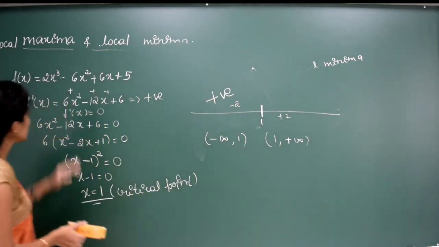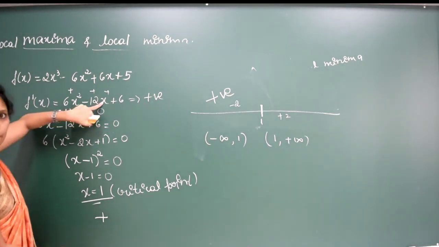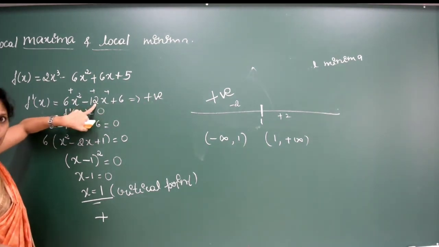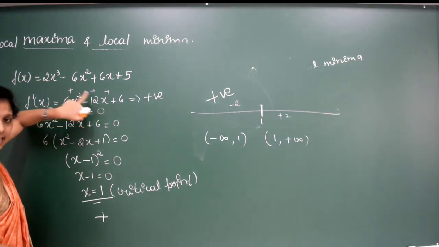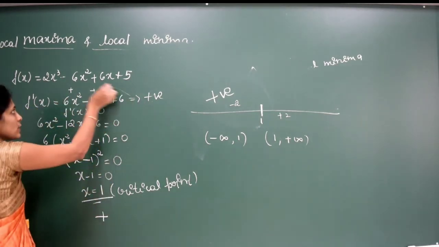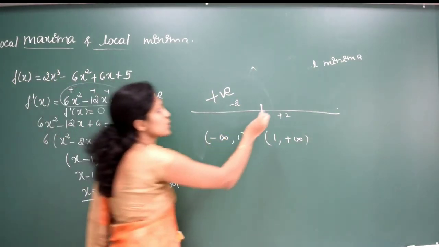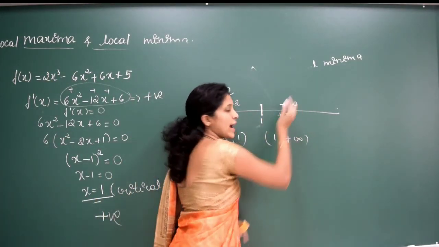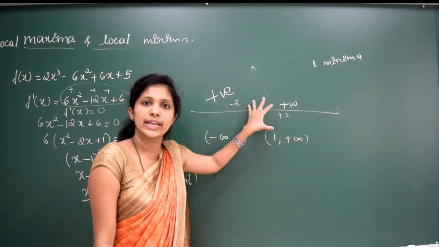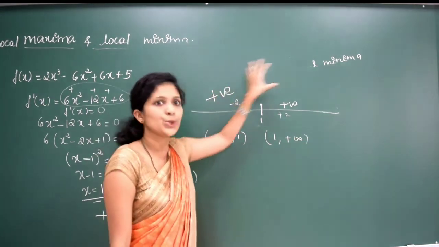If I consider plus 2, this is positive, square is there, plus 2, into 12. It will be less than this. Again here plus is there. Consider any value, this will also be positive. You can check with any value. So this is also a positive value. Is it clear? So at this critical point, f dash of x does not change its sign, right? So it will be positive to positive.